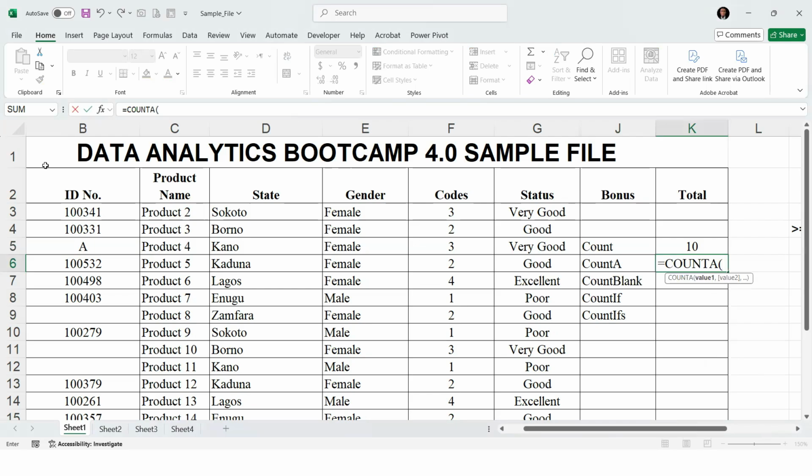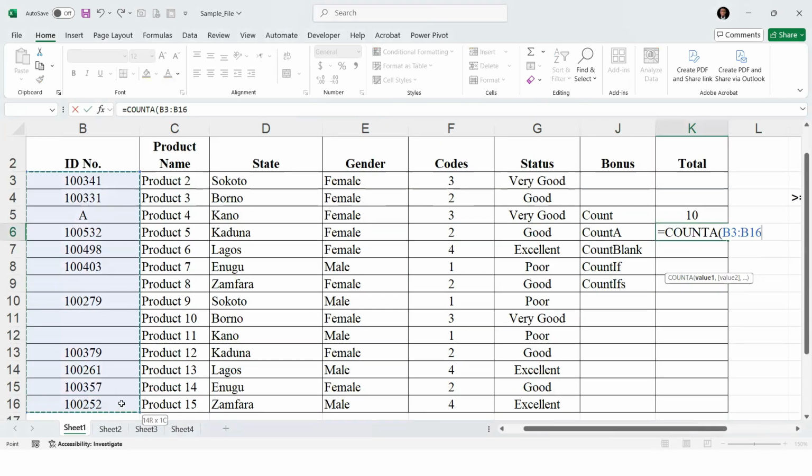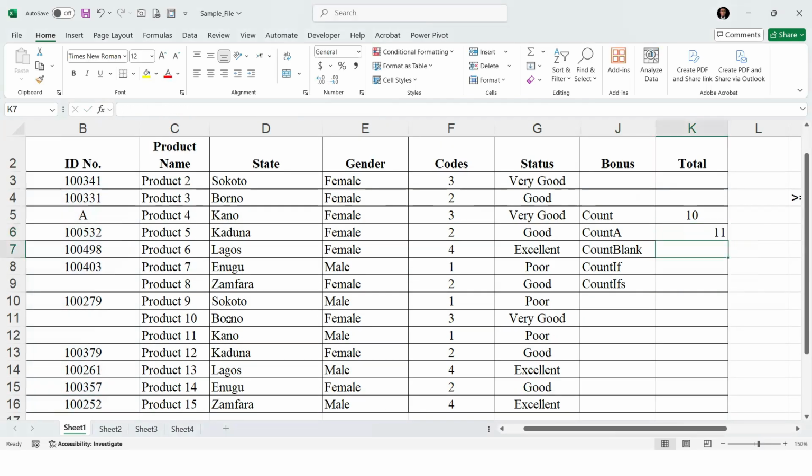Count A open bracket, then we highlight all the cells, close bracket and press enter. It gives us 11. It counts including this A, because for the numbers we have 10. Count will not count this A for us, but since we are using count A, it will add this A for us and tell us 11 instead of 10 here. So if I come here and add that B, press enter, we will have 12 here for count A, but for count we'll have 10 because it's only 10